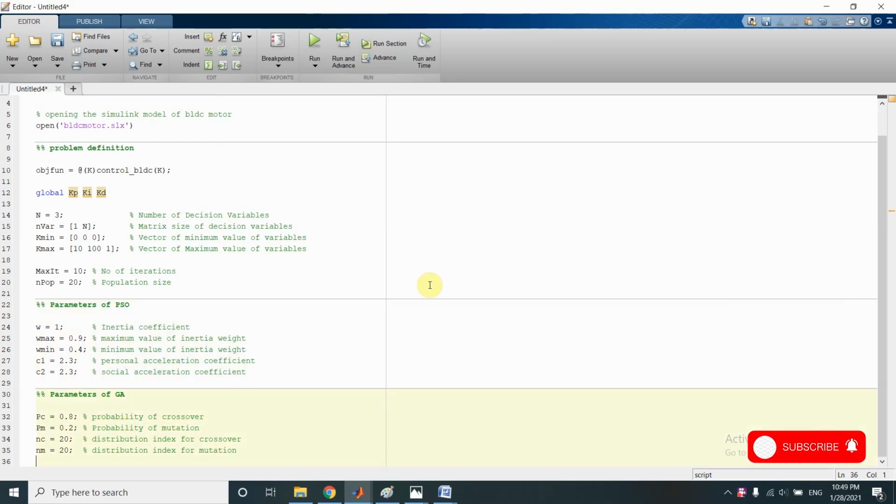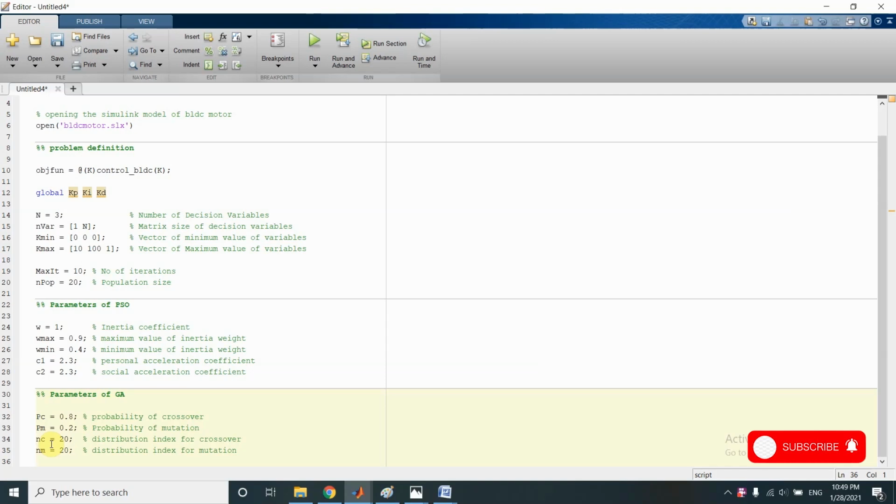Those who have seen my previous video on genetic algorithms would not have seen these two parameters nc and nm. The reason for that is that was the genetic algorithm in binary coded form, and here we are using the real coded version of genetic algorithms. And the reason we are using real coded genetic algorithm is because PSO cannot work on binary strings.